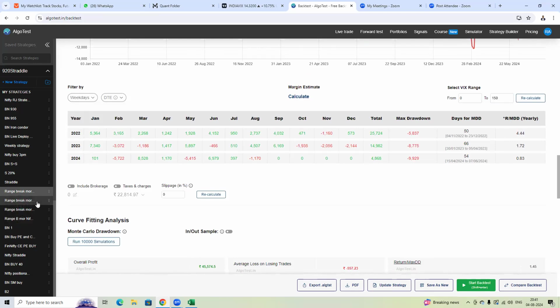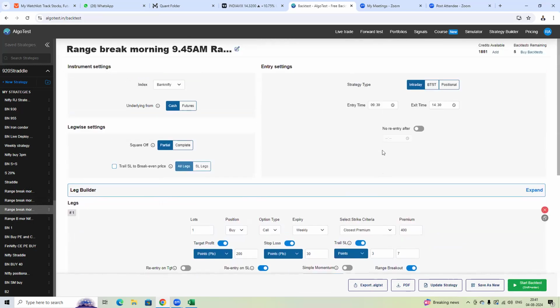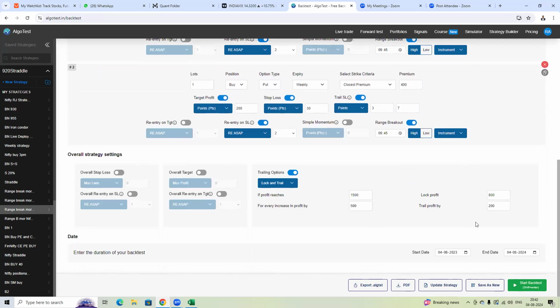9:30, and one more is 9:45. If you see the 9:45 breakout, this is a range breakout at 9:45. It will check from 9:30 to 9:45, and whenever there is a breakout of this high, it will buy and keep a stop loss of 30 rupees, and it will trail the stop loss. If you start backtesting this,